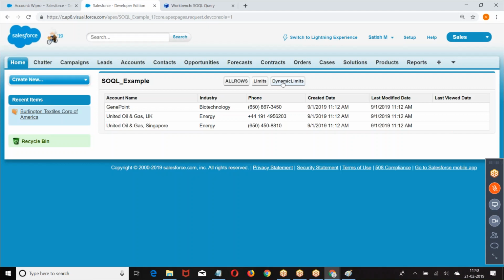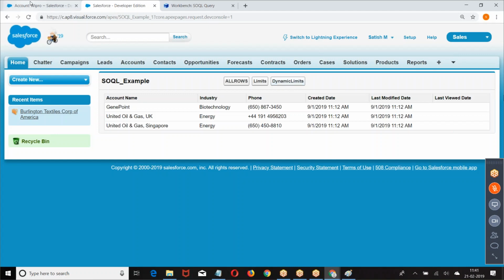But if you straight away write a SQL query without any specific condition, it is going to give you data as per the order of created date. By default, the query is giving you the list of records in the order of created date. Now, if I want to fetch the data based on recently modified or recently viewed, then I have to write my own condition. I hope you got my point. Was that clear?